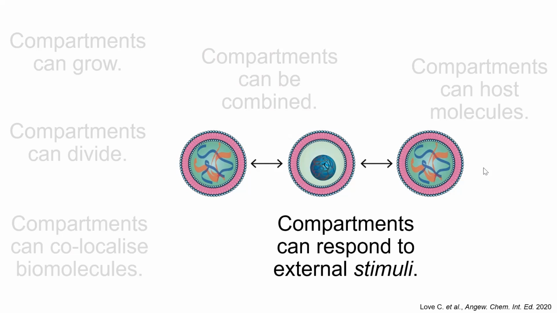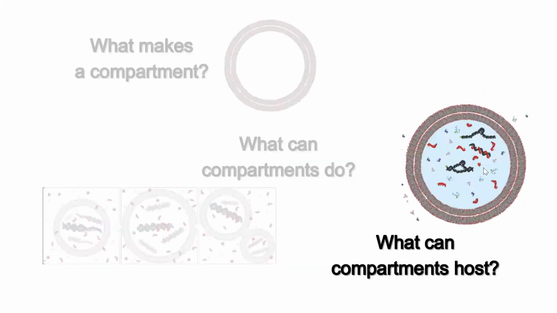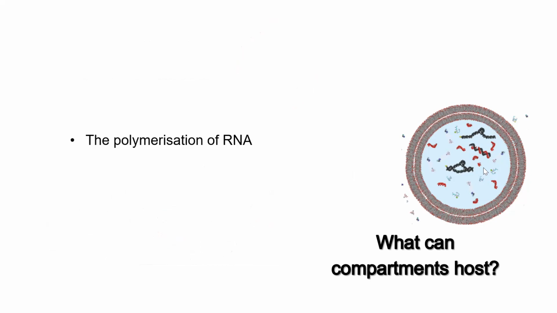This is just the last part of the talk. What can compartments host? And here I could have shown you a lot of different chemistry, but I decided to be very light on chemistry. So we said before that a protocell is made of a compartment, a primitive compartment that hosts primitive content. What kind of primitive content has been studied so far in the context of protocells and origin of life? Well, the first example that one can think of is the polymerization of RNA. There's quite a lot of work, for example, performed by the Szostak group, but not only the Szostak group, that